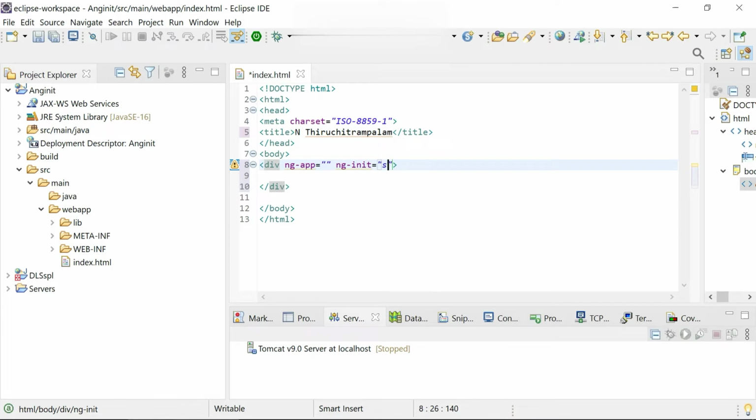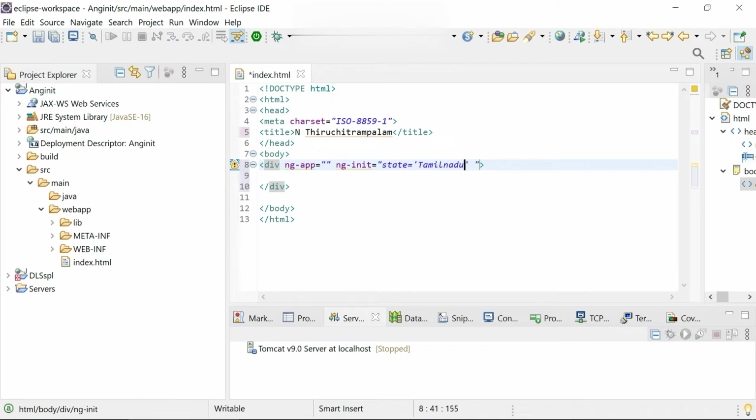Once you give the property name, key in the equal sign, and then within single quotes we need to give the property value. So for state, the property value I give Tamil Nadu.